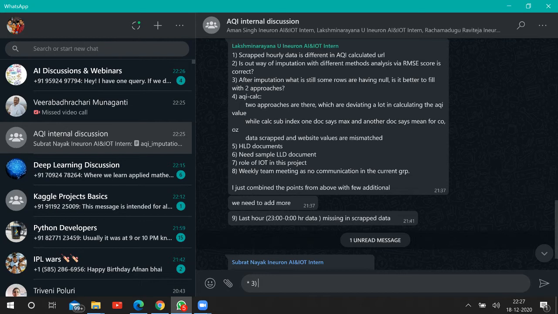Still, is it a good approach to go via two or three approaches to fill the null values, or do we need to go with one? Just a clarification, but anyway, I think it is better if you get it in one. No, the second one we have finalized, the renaming one. It is not for us actually, it is for them to ask.